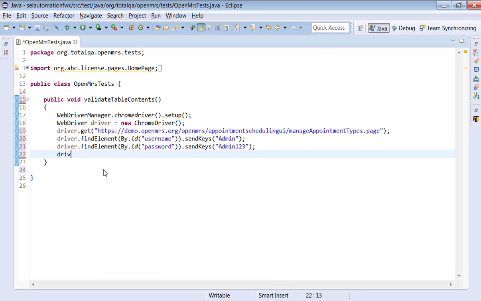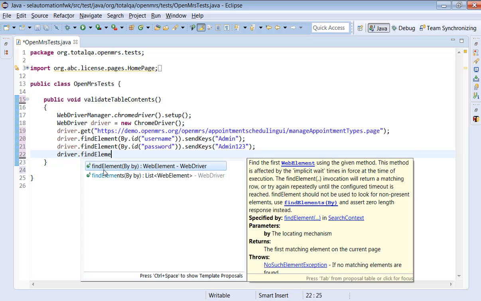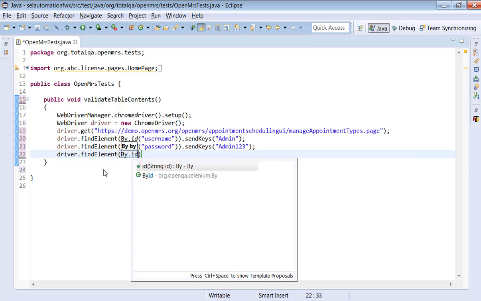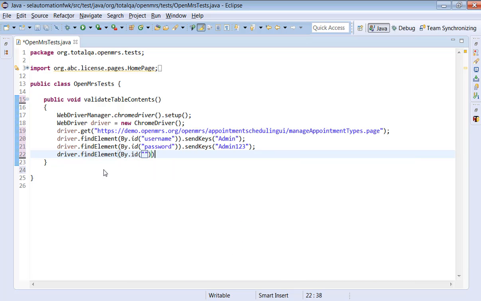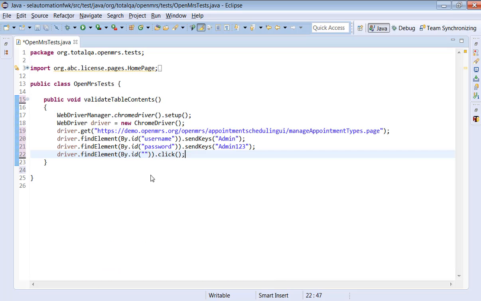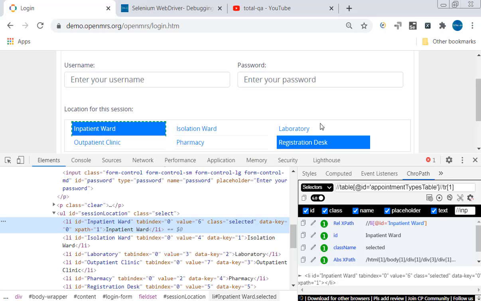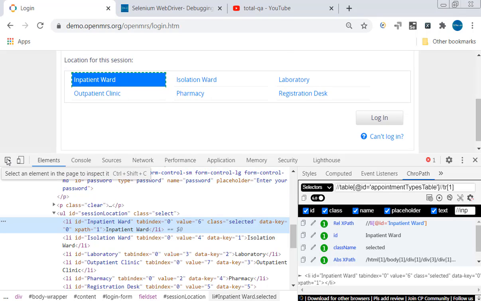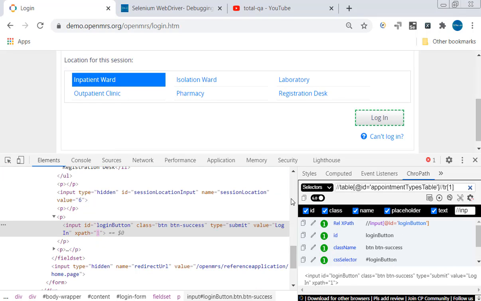So let's take that information. Driver dot findElement by ID, dot click. Put the inpatient ward ID here. After that, click on the button to log in. This is the button to log in.